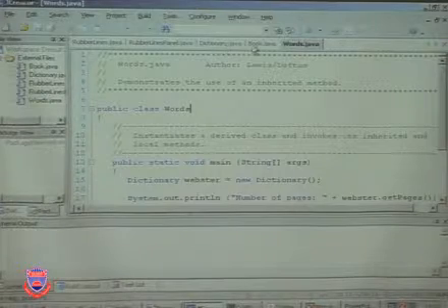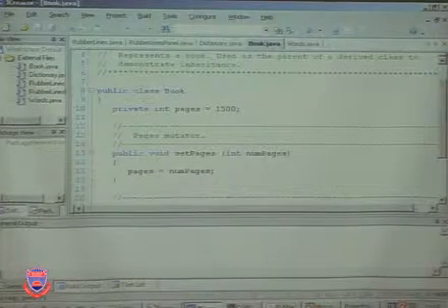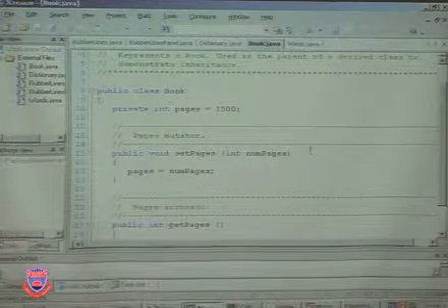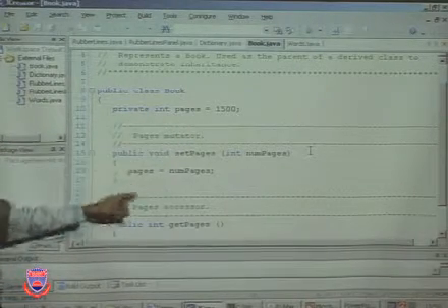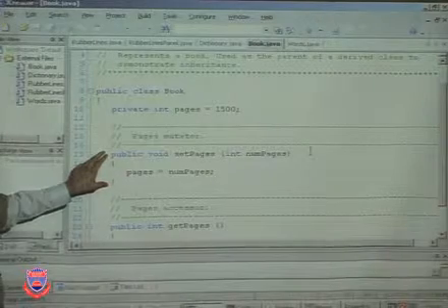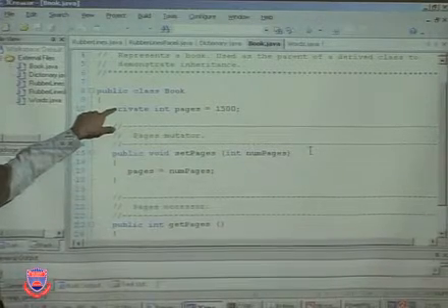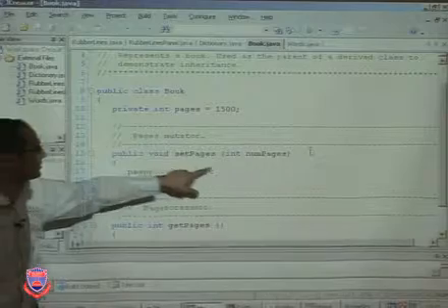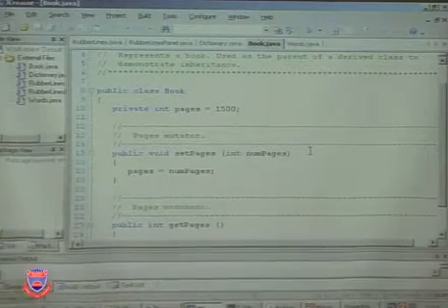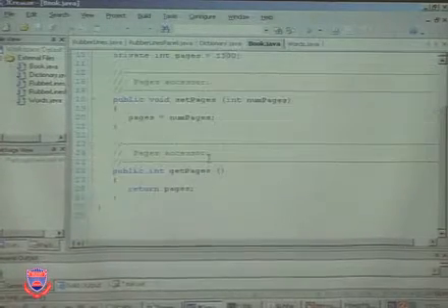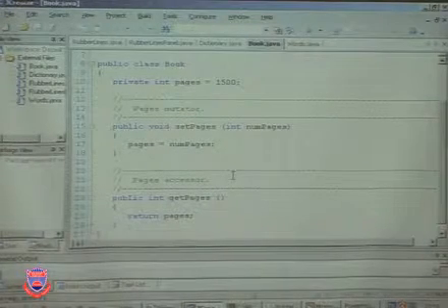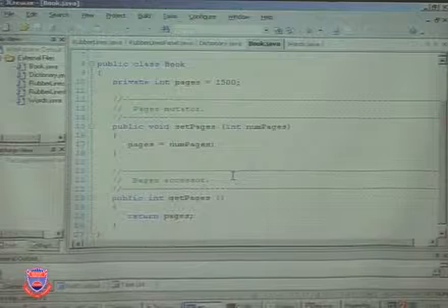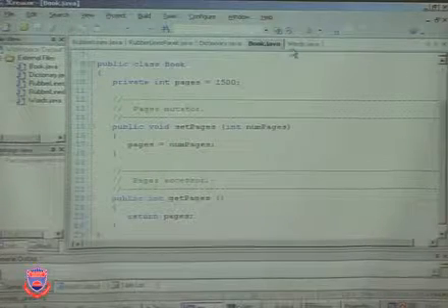So basically you had the book class, which is public class book, and then you have the pages initially set to 1500, and then you have a set method which sets the instance variable pages to the given argument, and then you have a method which basically returns the number of pages. So this is a basic class which doesn't have anything really interesting. It just keeps track of the number of pages initially assigned to